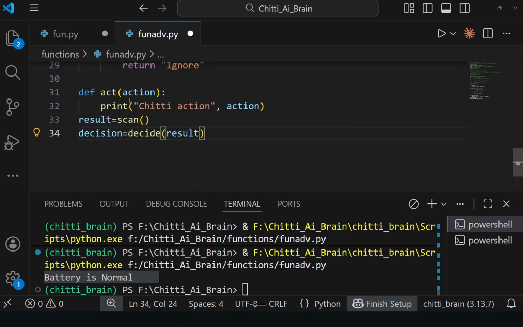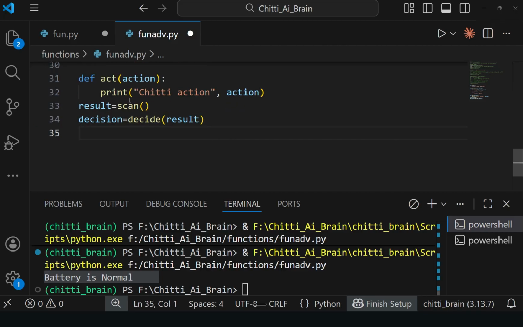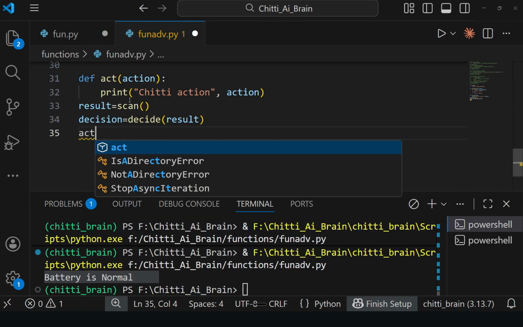In the above result, scan gives enemy detected. Based on the enemy detected, if an enemy is there, attack. If an enemy is not there, automatically it will ignore. Now act. What act?